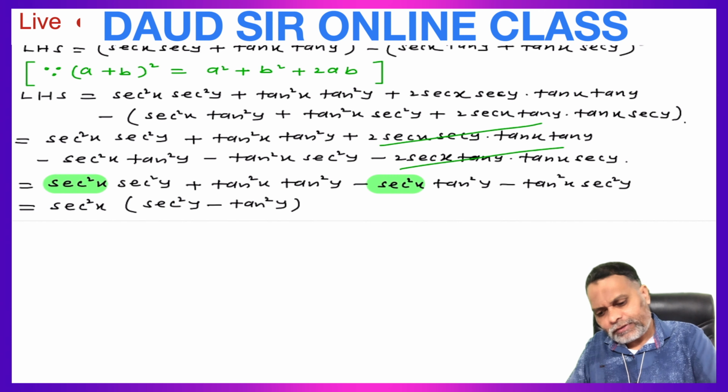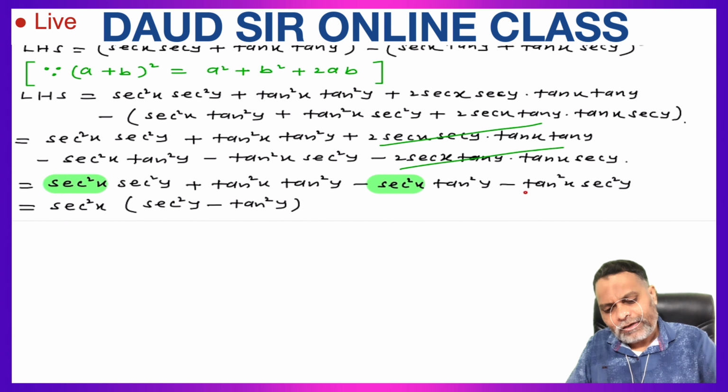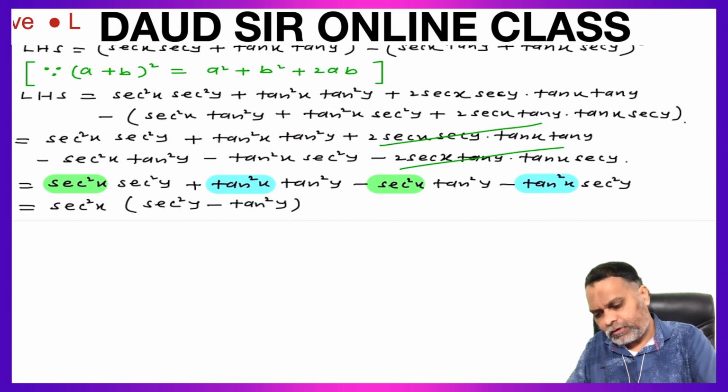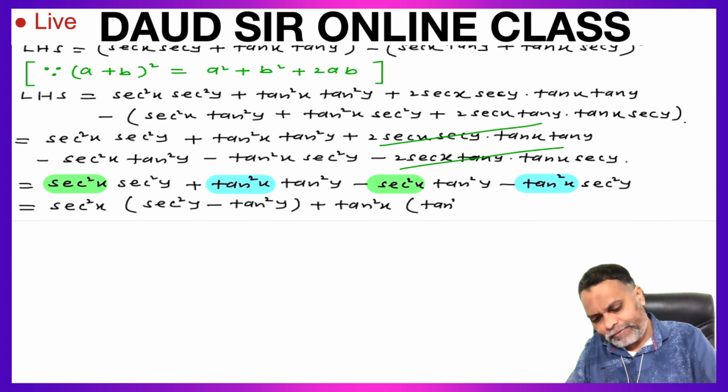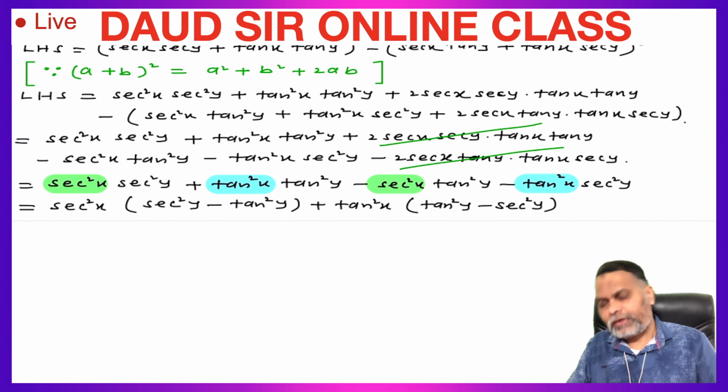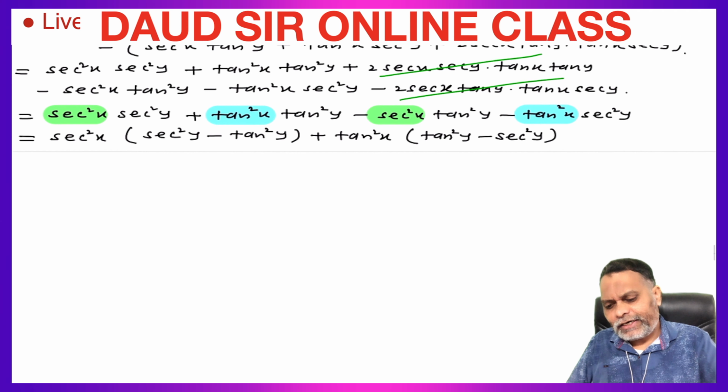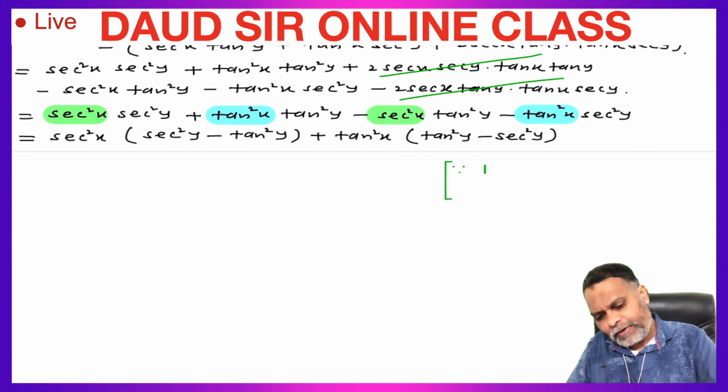In the next two terms, tan square x tan square y minus tan square x sec square y, we can take out tan square x common, so tan square y left and here minus sec square y left. Now recall the identity, 1 plus tan square theta